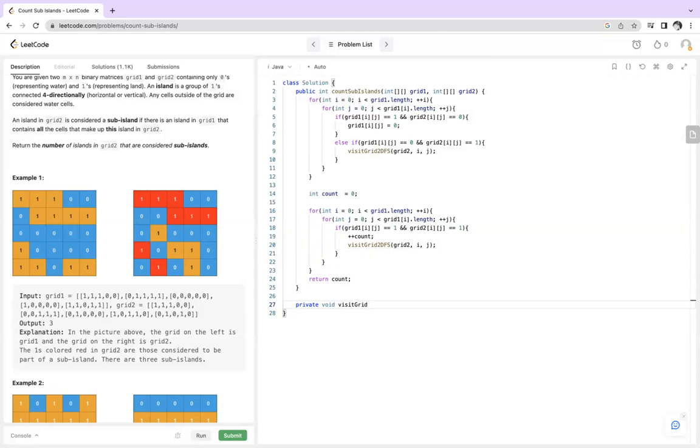And then now I just have to complete the visit grid 2 DFS, and array grid and row and call. Okay, if row is less than 0 or row is greater than equal to grid dot length or call is less than 0 or call is greater than equal to grid of I dot length, then